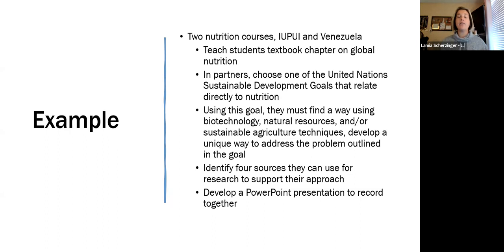And what was really fun is we said, we want you to take one of the issues that these development goals are trying to focus on and make up a solution. It doesn't have to be realistic, right? You're not going to cure world hunger. I mean, if you do, then please put my name on that. But you're not going to cure it.